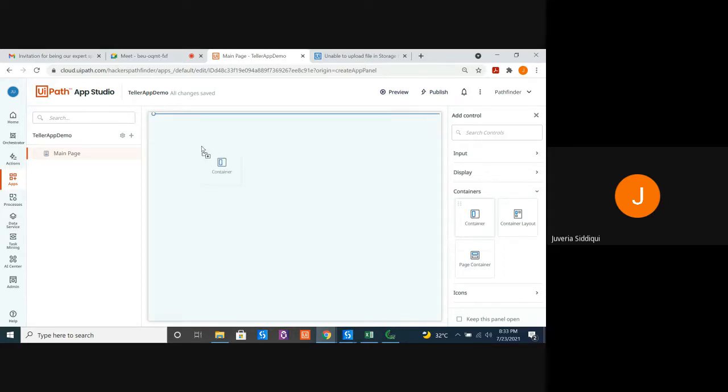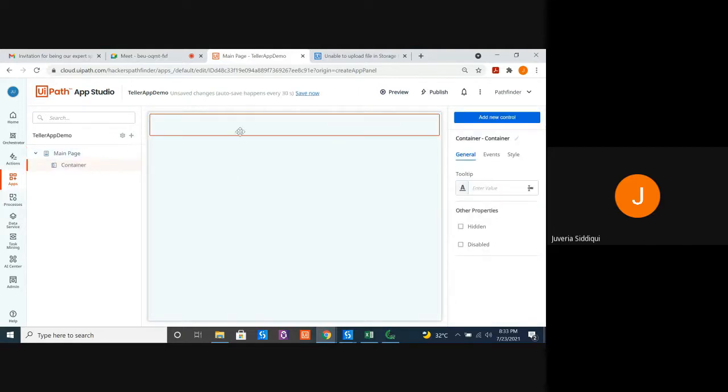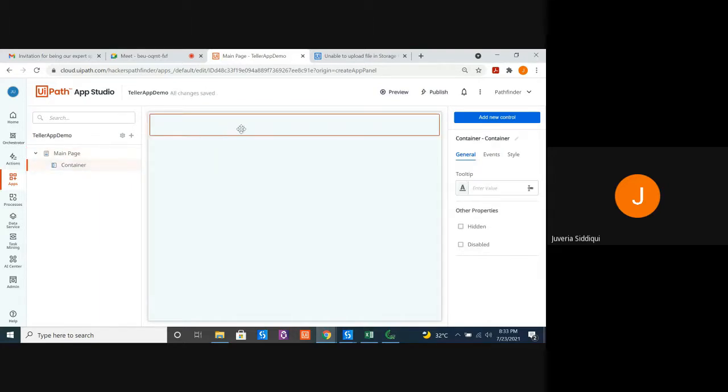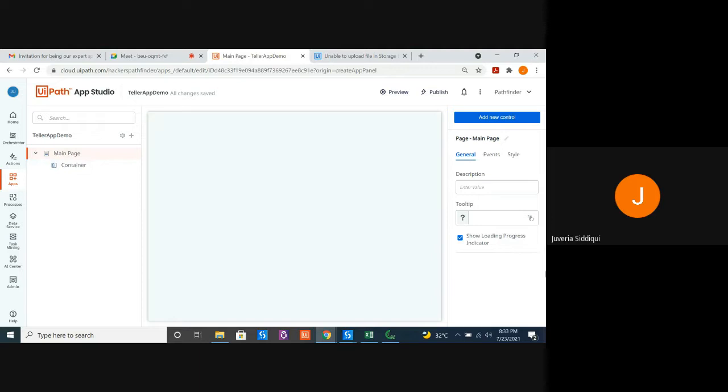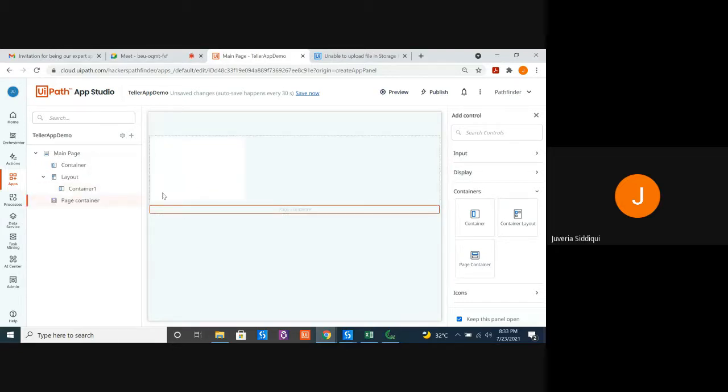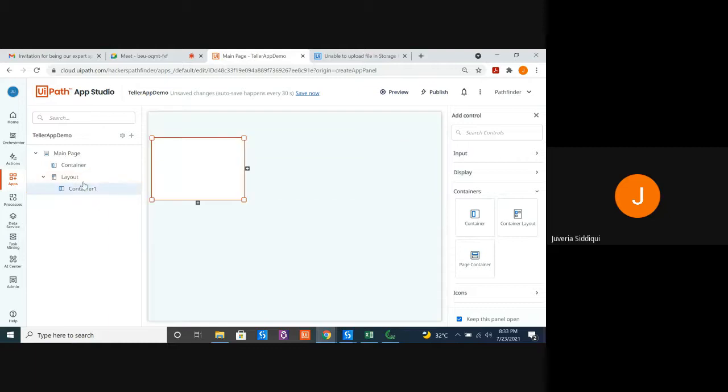All right, so let's start by pulling in one container in our workflow. Once I do that, I can position this somewhere in my design panel. Let's bring in more controls. Let me keep this open. I have container, container layouts, and page container that can go inside this container layout and outside also. Whatever I'm bringing in is a part of my main page. Right now I'm trying to create a main page. Okay, let's start one by one. Let's first delete all this. I don't want this.